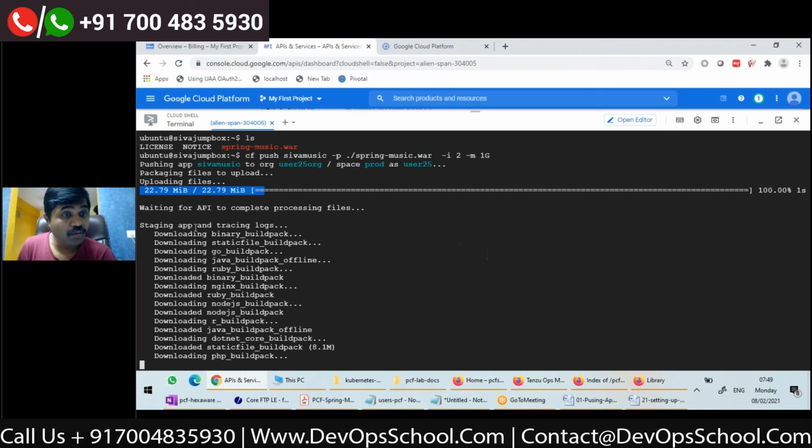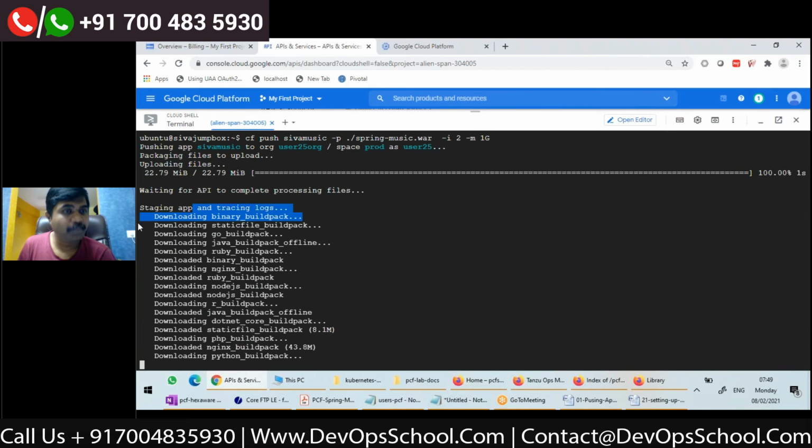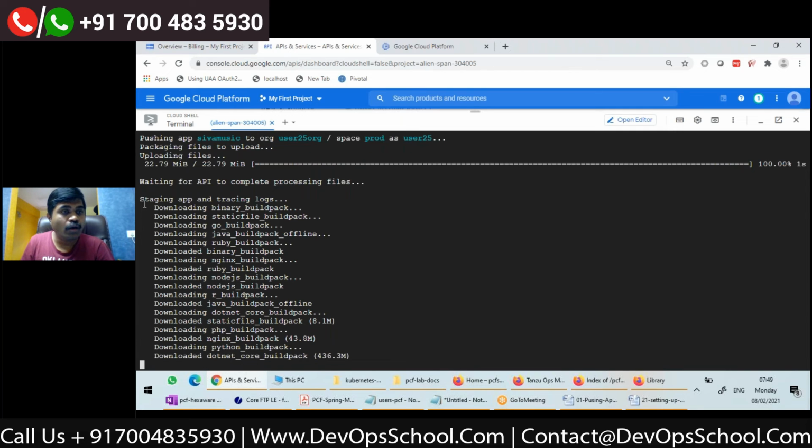Right now it is trying to stage the app. Staging is happening. These are the logs actually. First step after pushing is what? First the application has to be staged. Staged means what? Creating the application image is nothing but staging, I said. So who will actually create the application image? I told you, buildpacks, right? So what is happening here? You can see in the container, all the buildpacks are downloading,